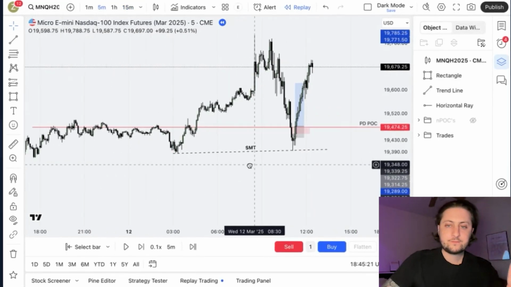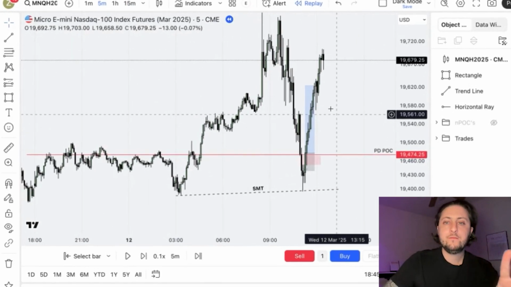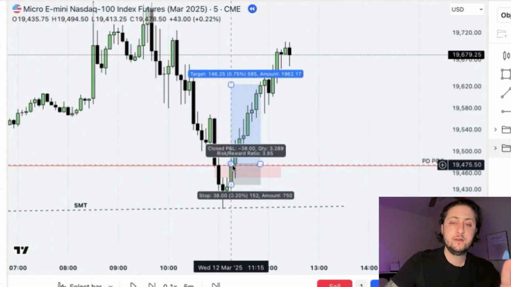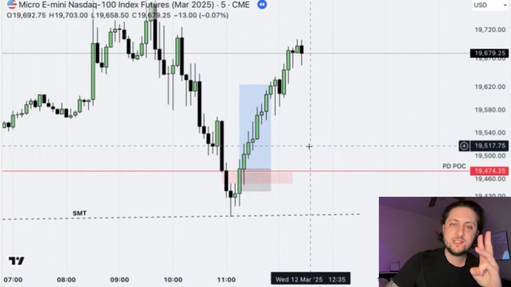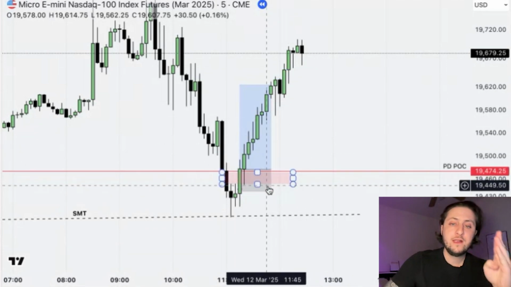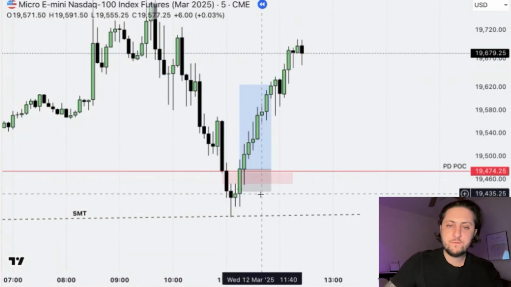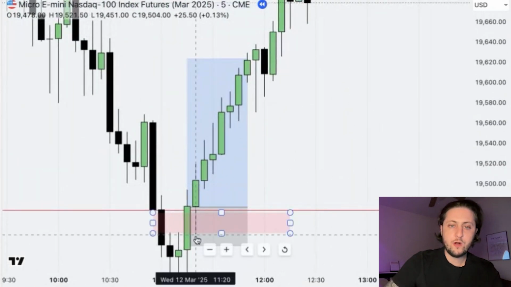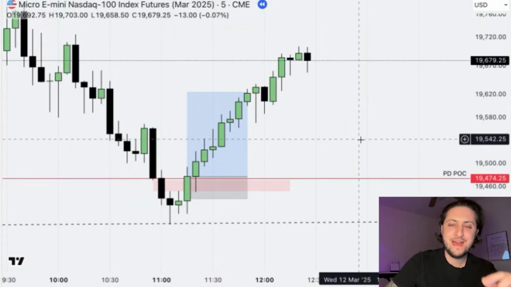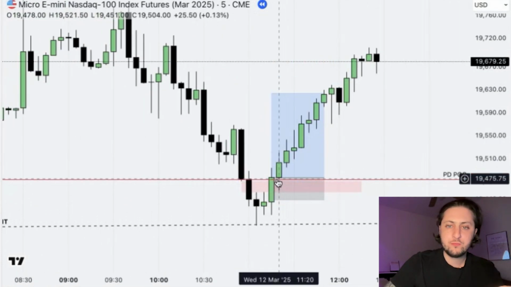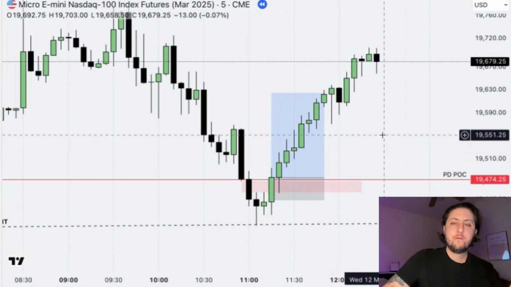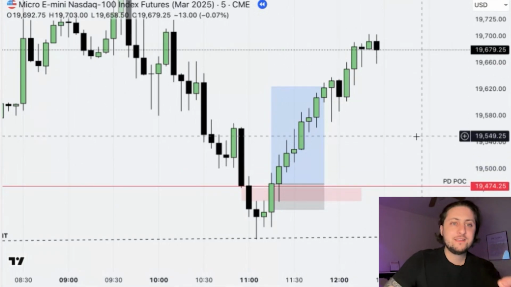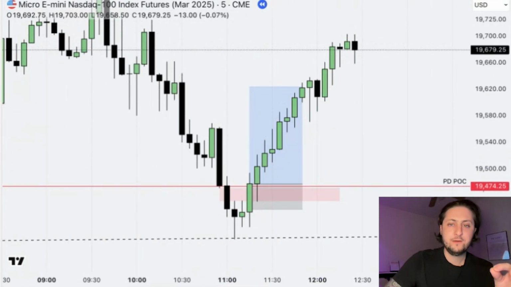Number 3, general rule of thumb. If we are trading above the previous day's point of control, we're sticking to a long bias. That's number 3. Number 4, entry technique, inversion fair value gap. 5-minute candle runs through this bearish gap, invalidating the bearish PD arrays and breaking back above the previous day's point of control. Now, for the final cherry on top, for the last confluence,